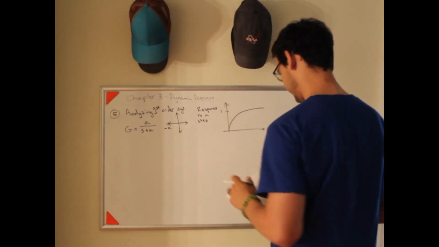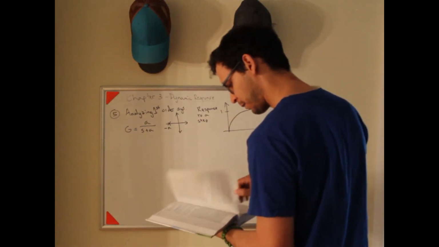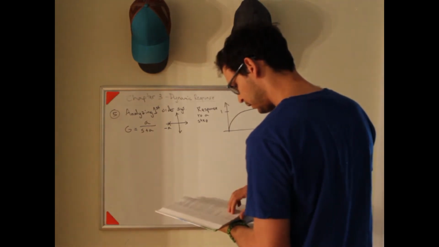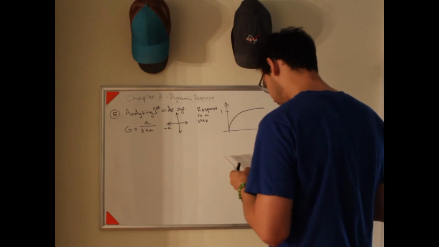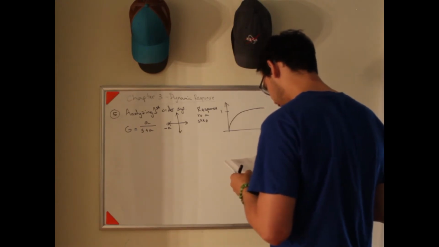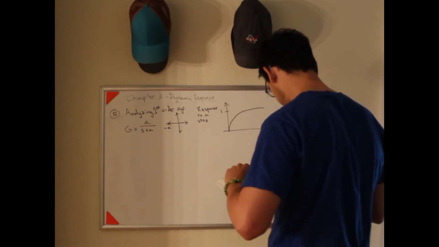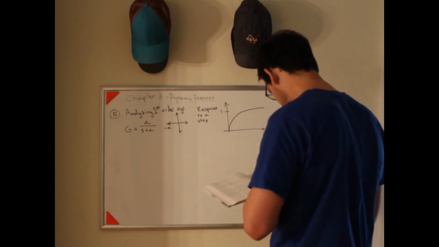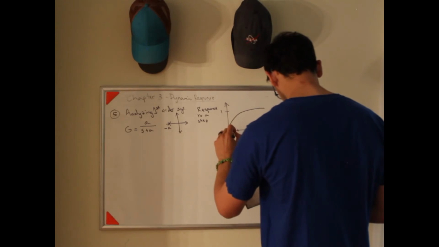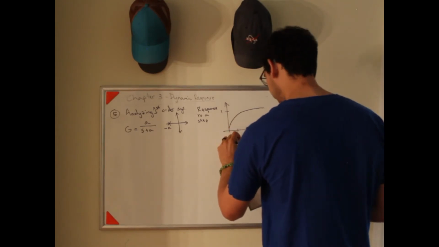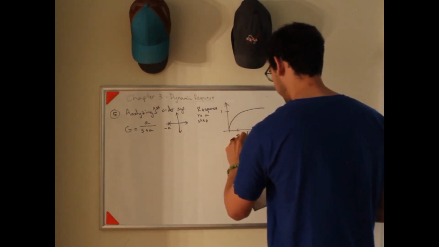But what matters here is what's called the time constant, and that is here. And so right here at, I think, tau, which is equal to 1 divided by A,